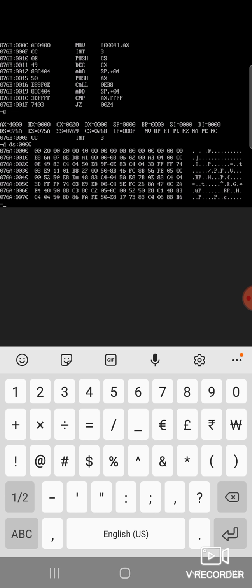Always remember that the values in the register and in memory are in reverse order. In a register, you first have the higher byte and then the lower byte, but in memory, you first have the lower byte and then the higher byte. So when you study data in memory, you see it reversed. So the first value is 2000, the second value is 2000, and your answer is 4000.